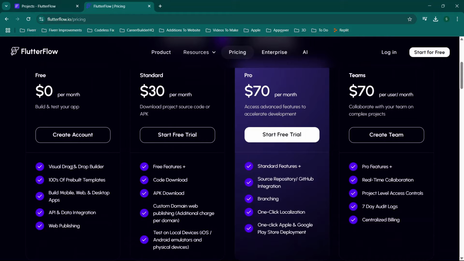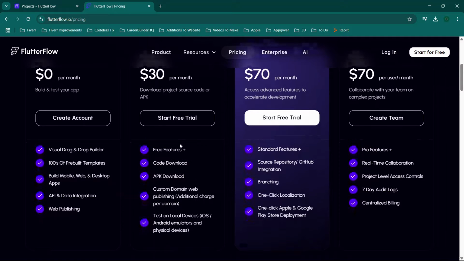So you have this drag and drop builder instead of using coding. You have pre-built templates and a couple of other options, including API integration and web publishing. Now, if you upgrade to standard, then you get the free features, which is everything here, plus a couple of other options like the code download, APK download, custom domain publishing, and then a couple of other options like testing on